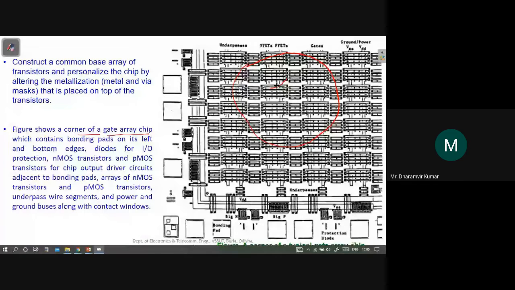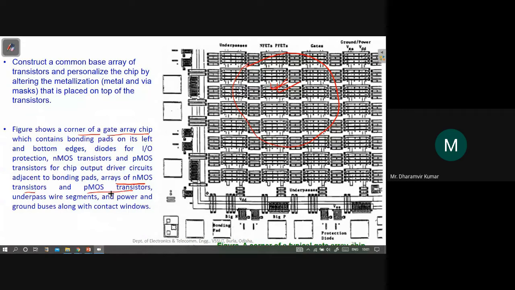These structures are uncommitted transistors which are not being used for any circuit, independent standing transistors, an array of NMOS and PMOS transistors.